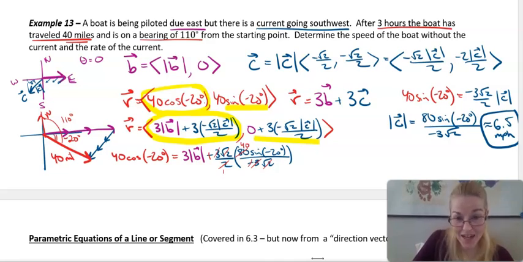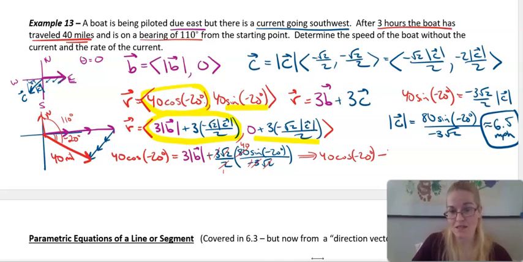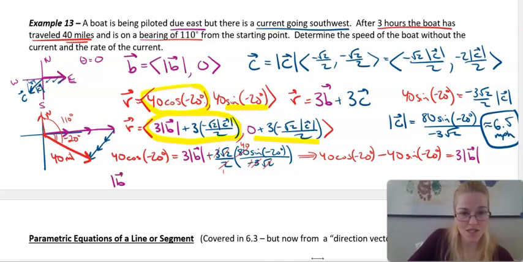If I subtract this now over here, I can say that this will lead me to saying that 40 times cosine of negative 20 degrees minus, because that became a plus, I'm going to subtract 40 sine of negative 20 degrees from both sides, which should equal just 3 times the magnitude of B. And so dividing everything by B, the magnitude of the boat, how fast are the engines working on that boat, divided by 3, I'm going to get